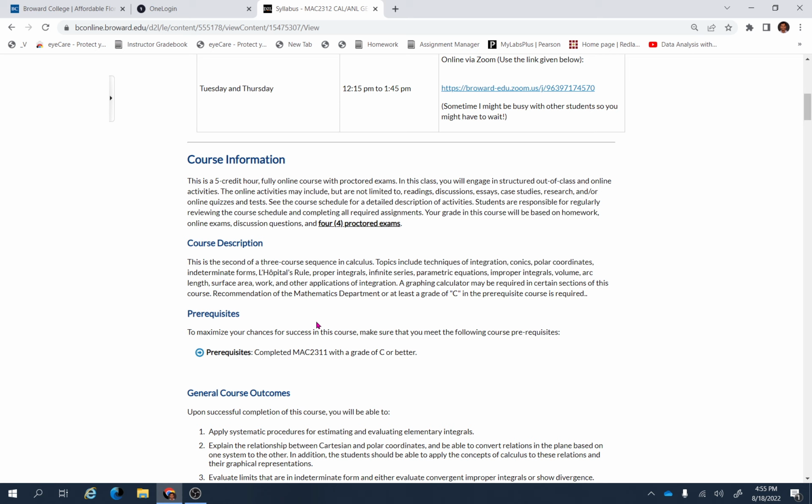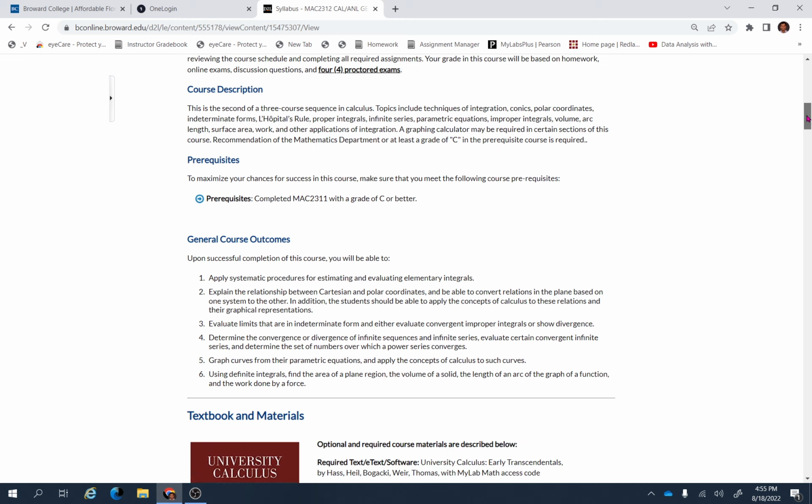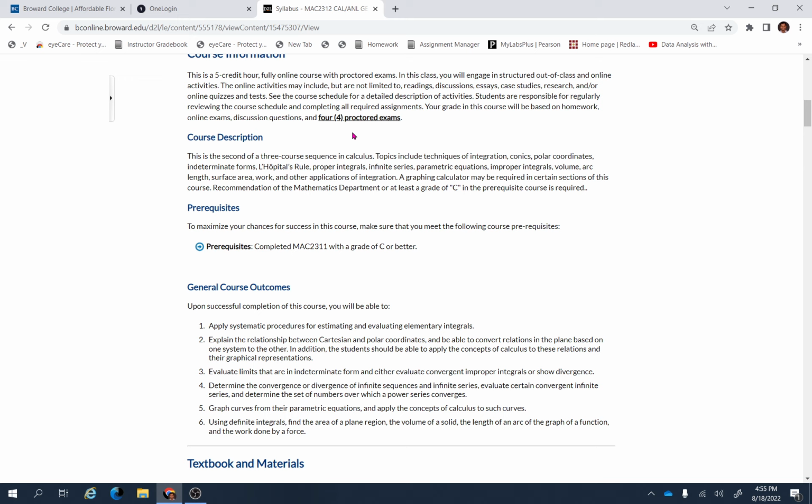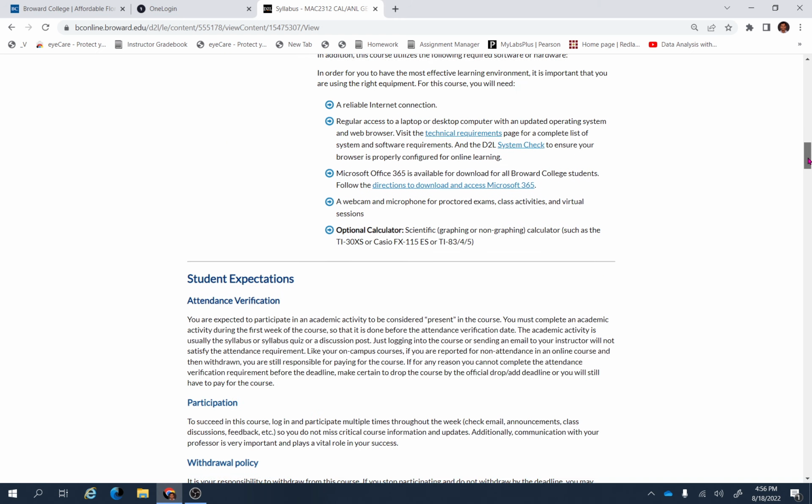All the information regarding this course is available here. So course information, this is a 5 credit course. There will be 4 proctored exams. Okay, and you will be able to see all the assignment details later. And these are the general course outcomes. This is the textbook we are using. You do not have to buy a hard copy, but you need MyLab Math access, the access code, which is already available here. So you can just use the link given, the assignments link here, and it will take you to MyLab Math. Okay, so read about this, and then finally